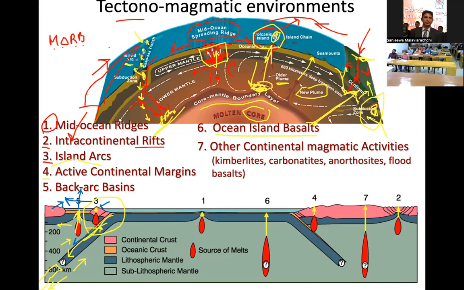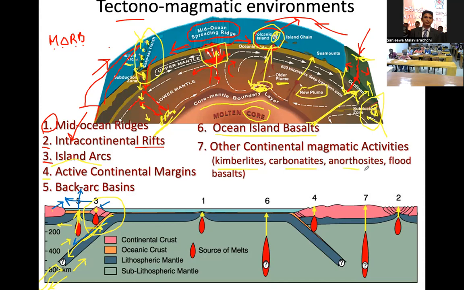it's different from volcanic arcs, because volcanic arcs are concentrated at the subduction zone. Here it's the middle of the ocean plate. But it's also different from mid-ocean ridge, because mid-ocean ridge basalt produces only mantle melts from the upper, shallow part of the mantle. But here, deep mantle melting causes that magmatic production. That is number 6. And there can be other types of magmatic eruptions, such as kimberlites, carbonatites,